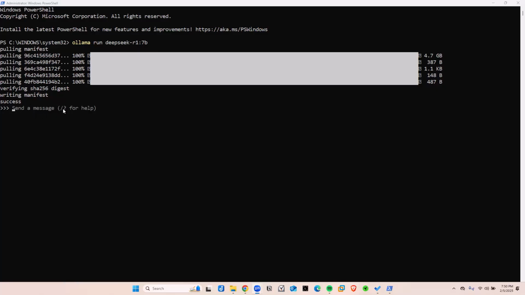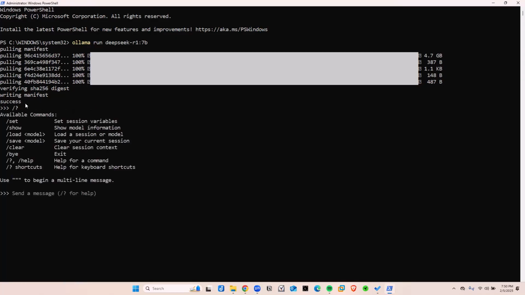For example, if you type in the slash with the question mark, let's go ahead and do that quickly here, you are going to ask for help. So press enter, and right now it's coming back, giving me the available commands. For example, I can set the session with /set. I can show the model information with /show. I can load, I can save, I can clear, I can even exit out of the model by typing in